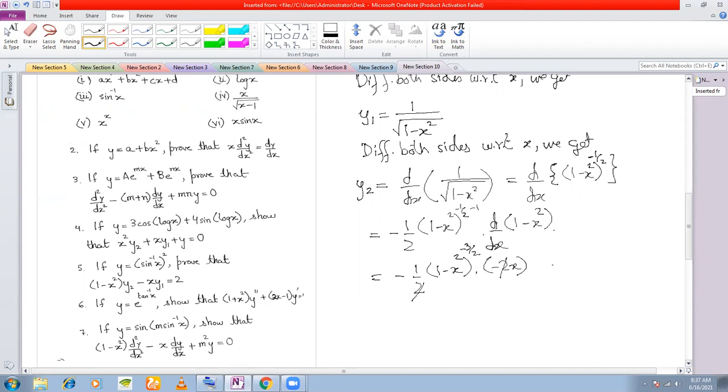Okay, so now minus minus combined give you a plus. You simply get x by 1 minus x square to the power of 3 by 2. If you take 1 minus x square to the denominator, the power will become positive. Okay,